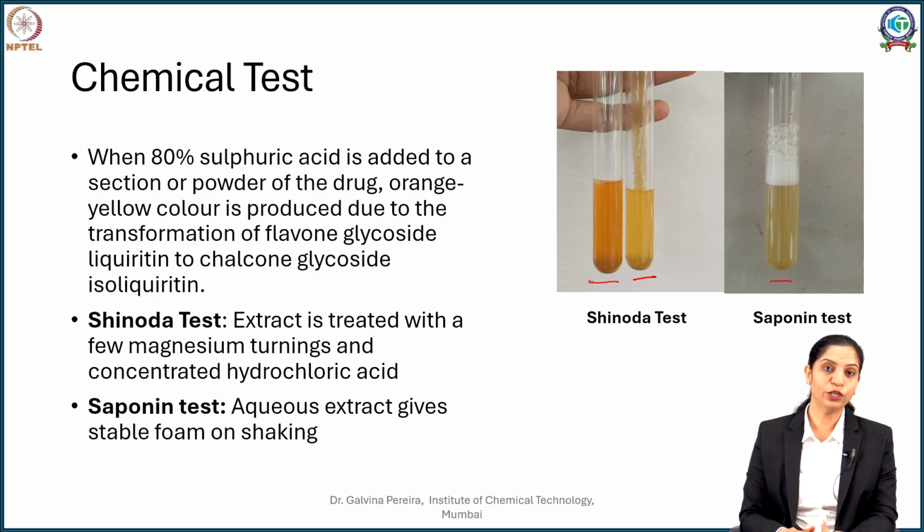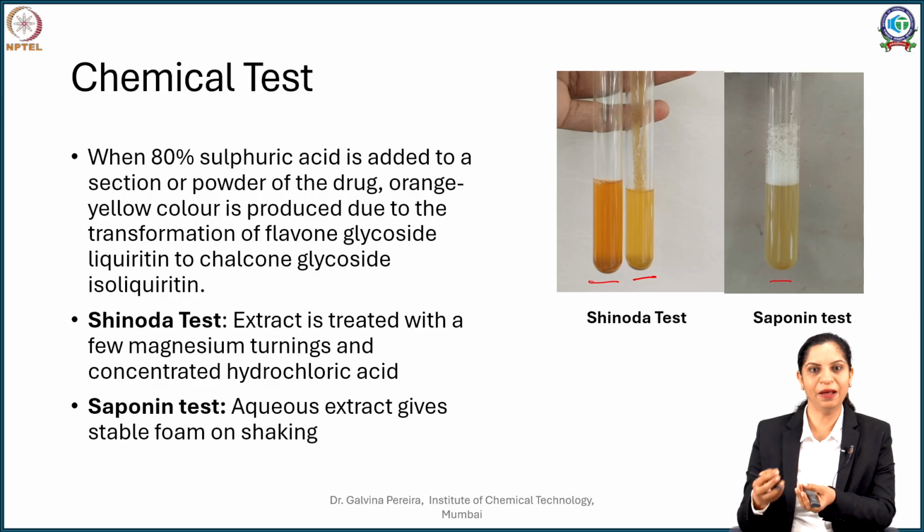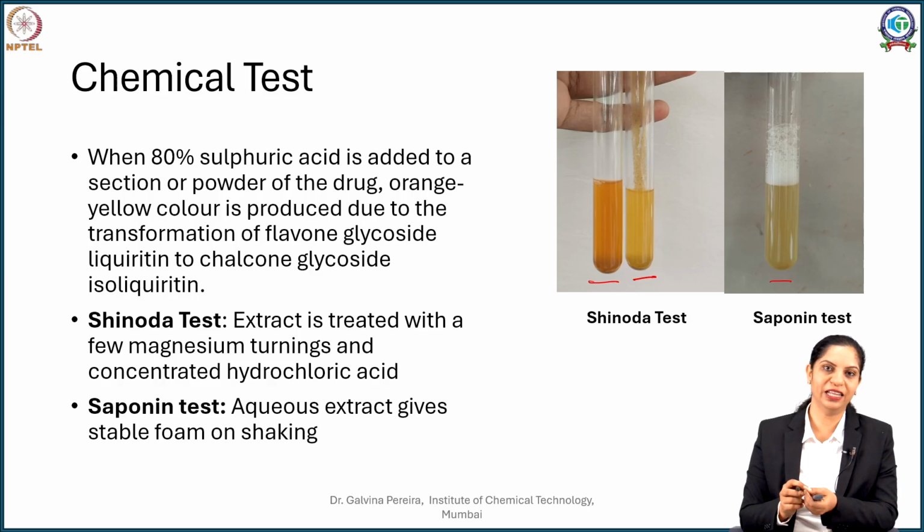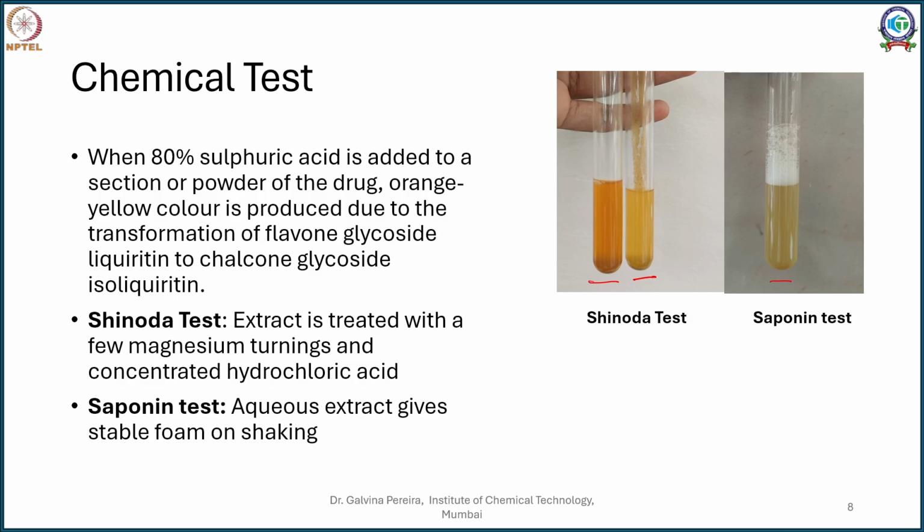Another test you can do for saponins is a hemolysis test. If you take a blood sample, this is not something you can do much in a chemical lab, but if you have access to blood samples, and you drop saponin extracts or extracts containing saponin there, that produces hemolysis, that is, your RBCs split open, and that hemolysis test is also a test for saponins.